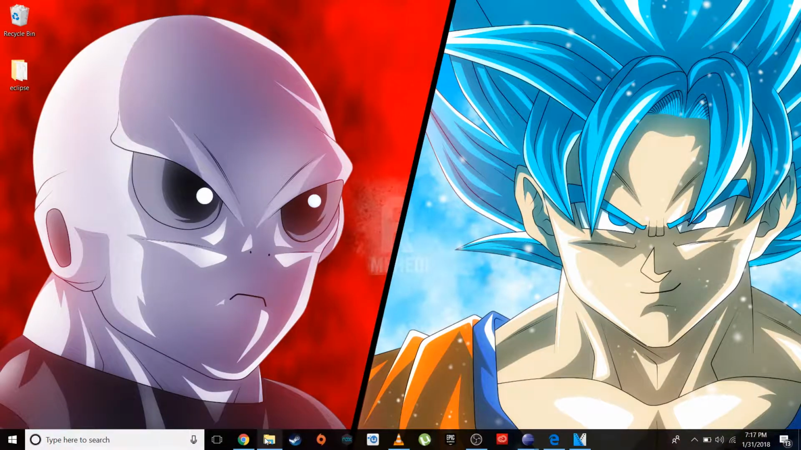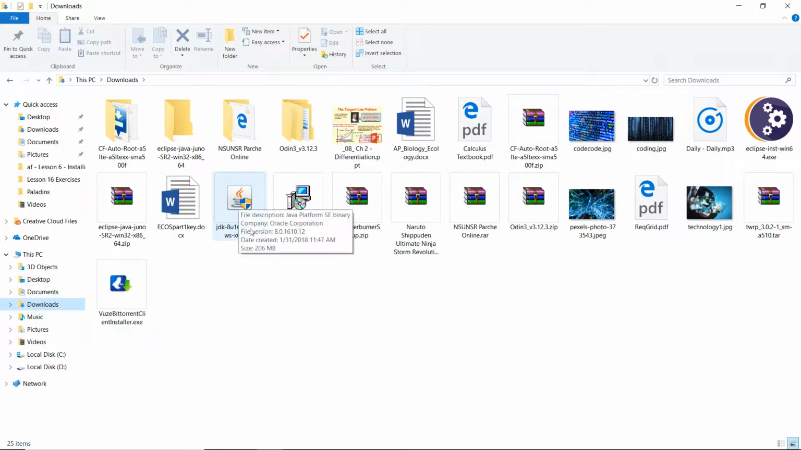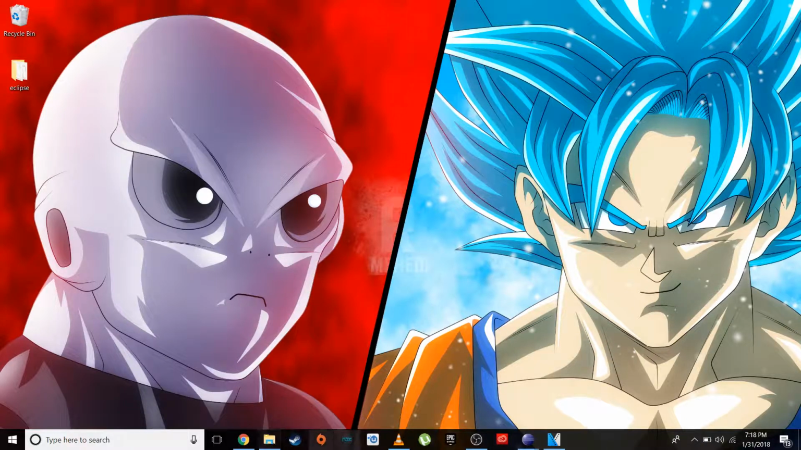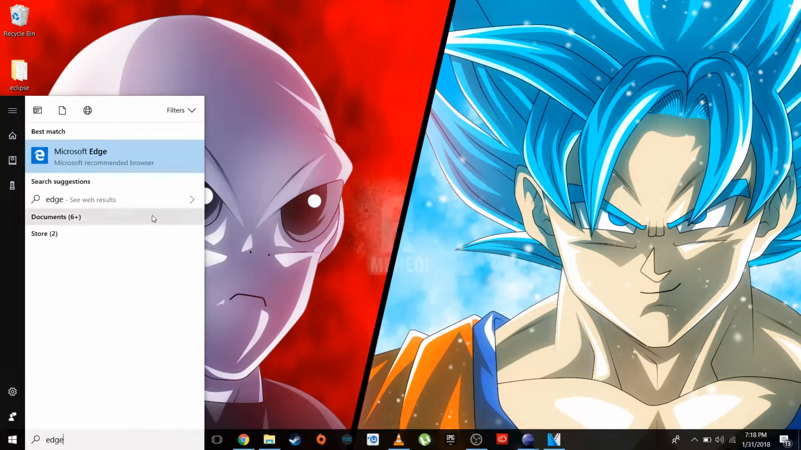go over here, go into downloads. You should see, this is your file explorer. You should see this. Look for the Java Development Kit, based on the version you downloaded. Just make sure it's the Java Development Kit, and then run it and install it. Just hit next until it's installed. Then once you have that installed, open up your web browser again